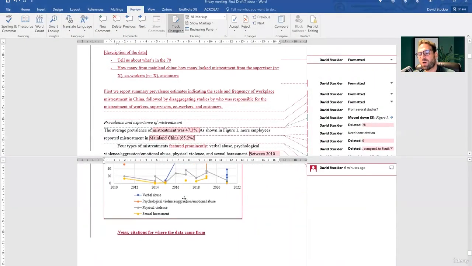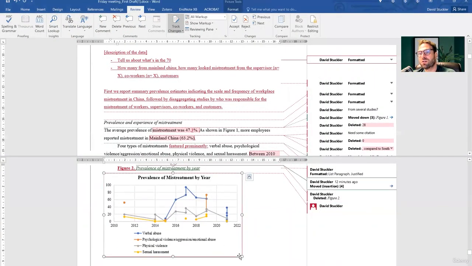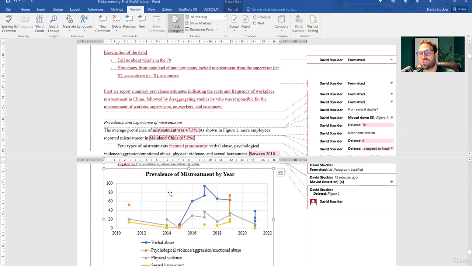This figure, though, I'd like to help you on this figure because it's very important. But basically what you need to do, like I said in the others, get rid of the grid lines, get rid of the title, fix this axis, get rid of these lines, tons of different things, get rid of 2022 because we're not in 2022. It just looks funny. Yeah, and then it'll be there. But this is really nice.